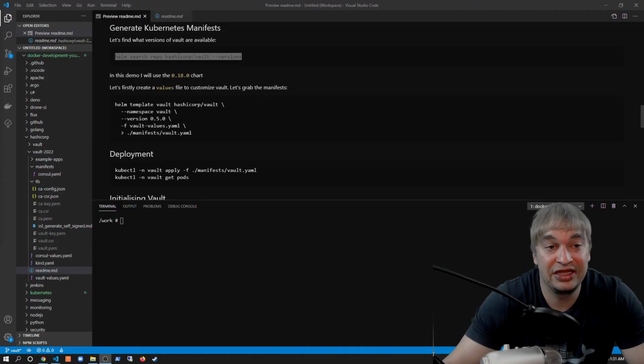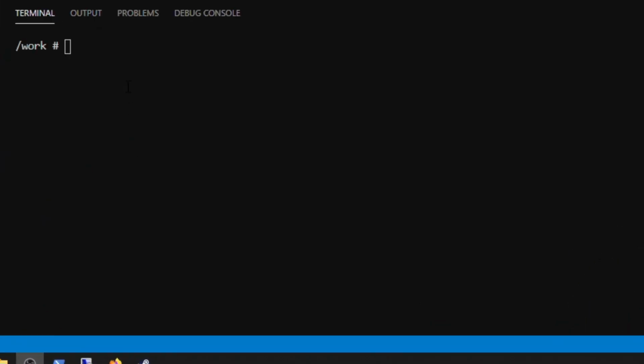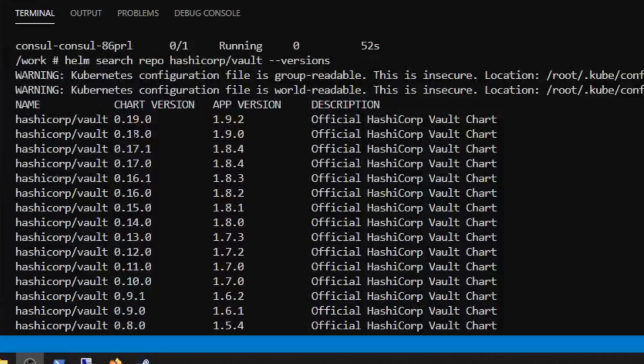So now that we have our Consul storage backend as well as our TLS certificates, let's go ahead and use the same method to download the Vault Helm chart and take a look at the YAML files. Now, to generate the Kubernetes manifest for Vault, I want to hop back into my Alpine Linux container, and I'm going to say helm search repo hashicorp/vault and print out the versions. Now, if we run that, we can see that the latest version is